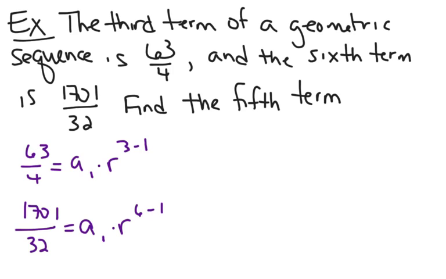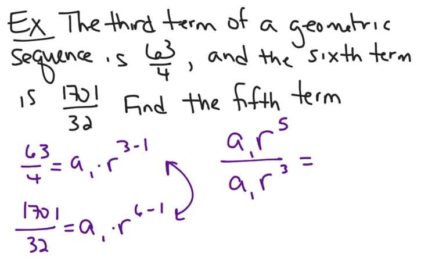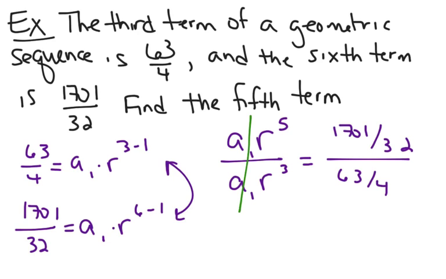Well, what I'm going to do is I'm going to flip-flop these, and I'm going to put a sub 1 r to the 5th over a sub 1 r to the 3rd. I'm going to make that equal to the one with r to the 5th in the numerator goes with the 1701 over 32, and the one with r to the 3rd, which is in the bottom, goes with the 63 over 4. Now what's going to happen in this problem is that the a sub 1's are going to cancel, and you're going to be left with r squared is equal to,